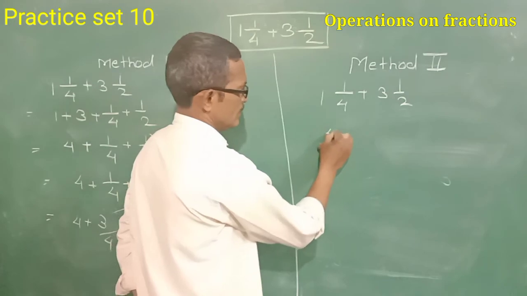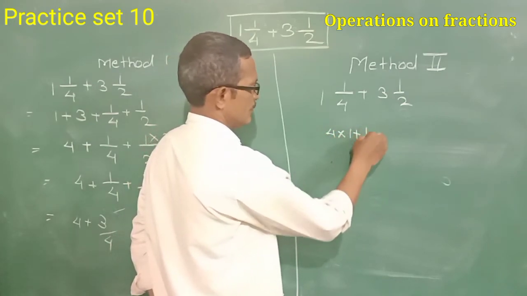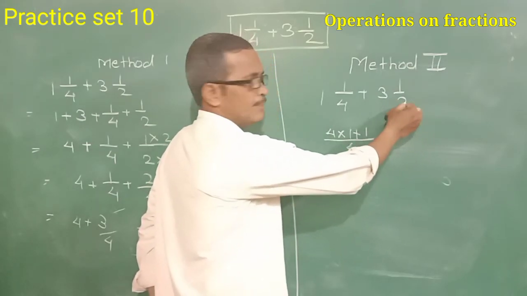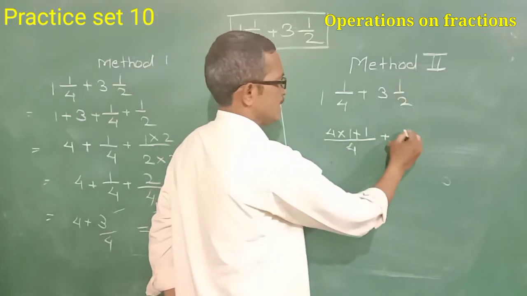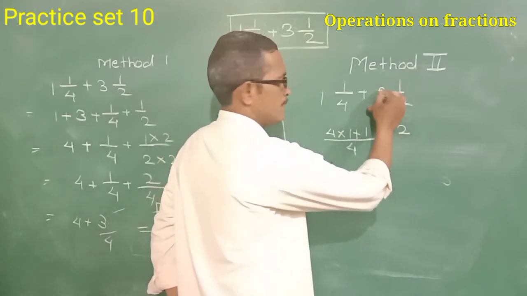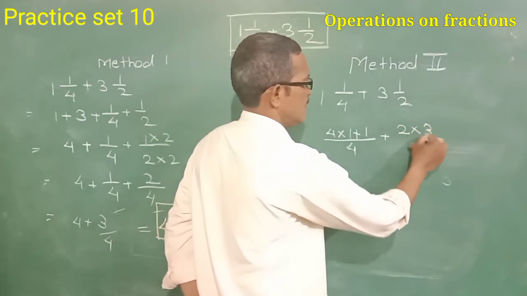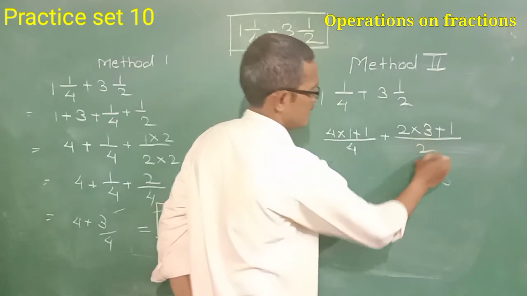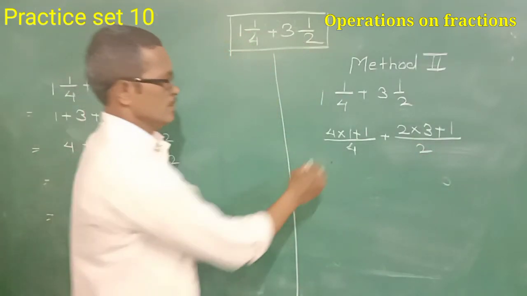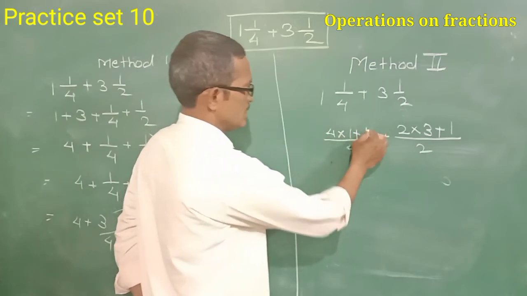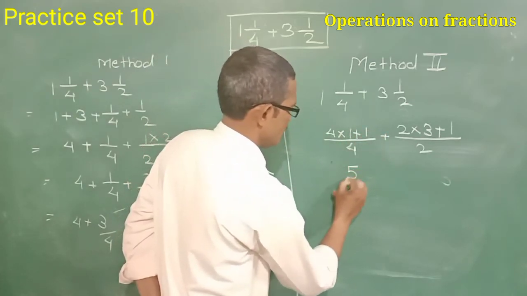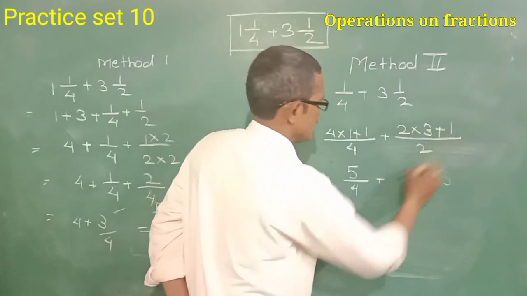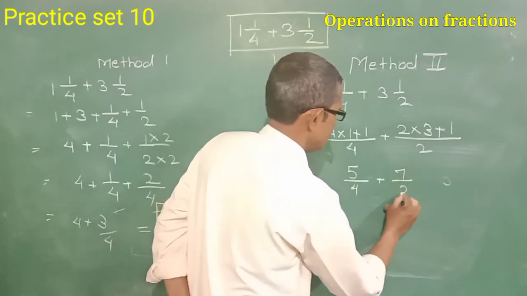We get 4 into 1 plus 1 divided by the denominator, plus, here we multiply 2 by 3 and add the numerator. We multiply the denominator by the whole number and add the numerator and divide by 2, the denominator. Here we get 4 into 1 is 4, 4 plus 1 is 5, 5 upon 4 plus 2 3s are 6, 6 plus 1 is 7, 7 upon 2,